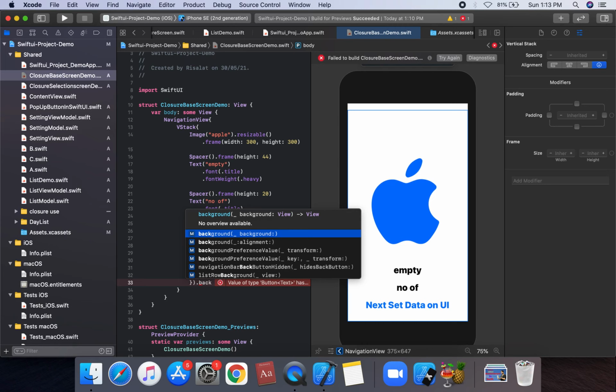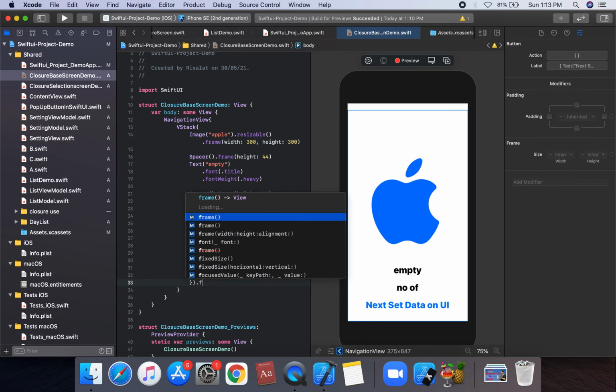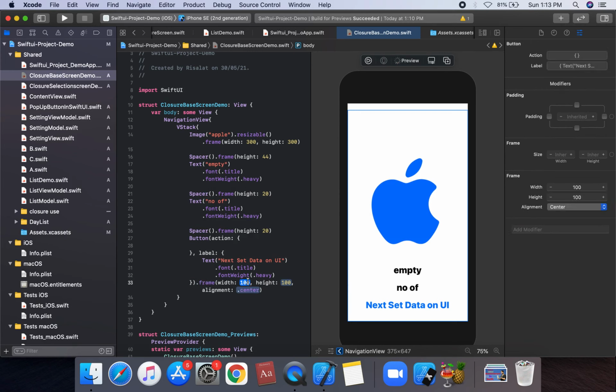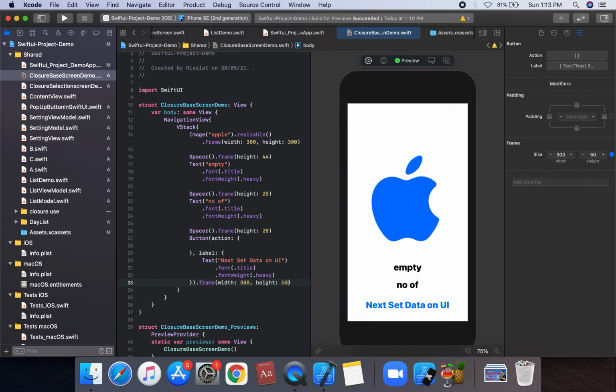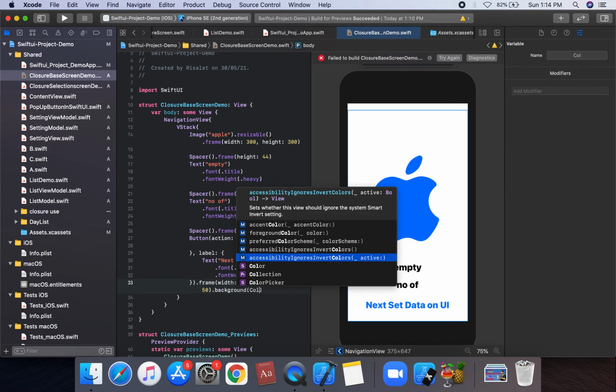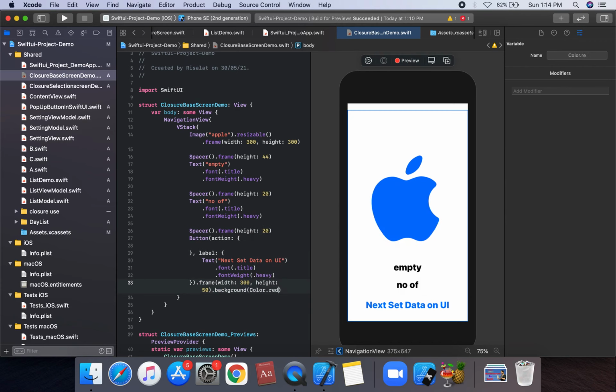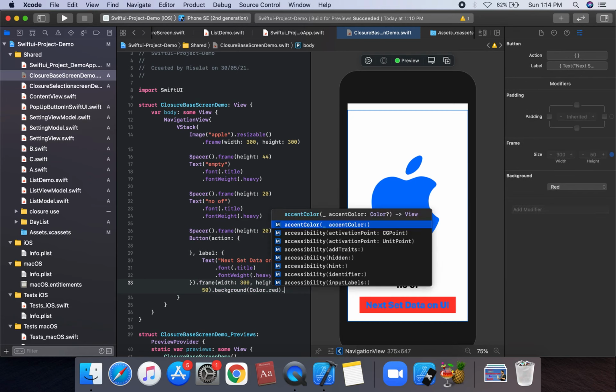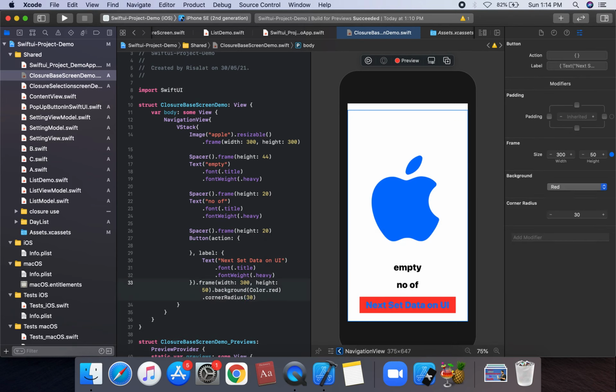We apply the frame on the button, 300 width and 50 height, and remove the alignment. We apply the background color red and a corner radius of 30 on the button.